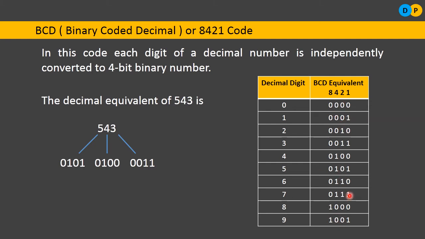So if we are using 4 bits, how many different combinations can we make? We can go with only 2 to the power 4 combinations. A bit can be either 0 or it can be 1, isn't it? One bit value can be either 0 or 1. So we have only 2 options. So 2 to the power 4 means how many possible combinations can we make? Already we have 10 combinations here. 2 to the power 4 means we can make 16 combinations.